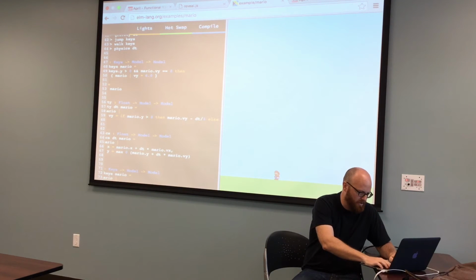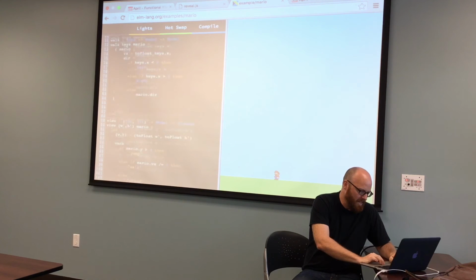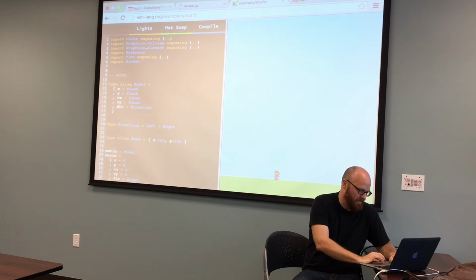If I change it to 100 and then hot swap, I can also hot swap back with a high gravity. So it's a super powerful language because it's purely functional. You can do all these things on the fly, which is awesome.